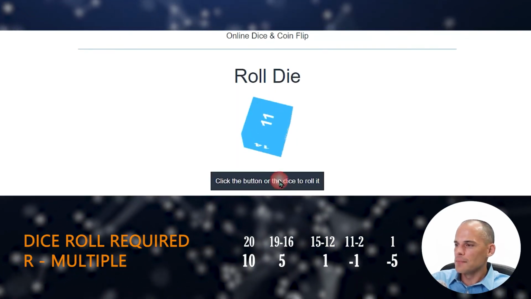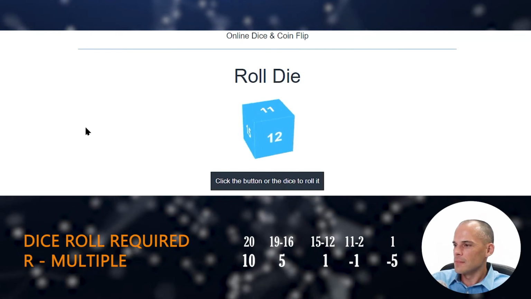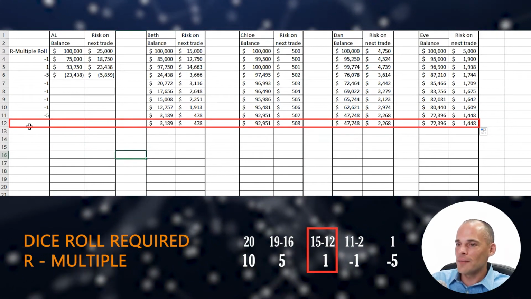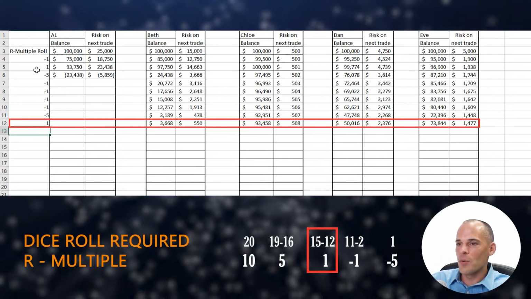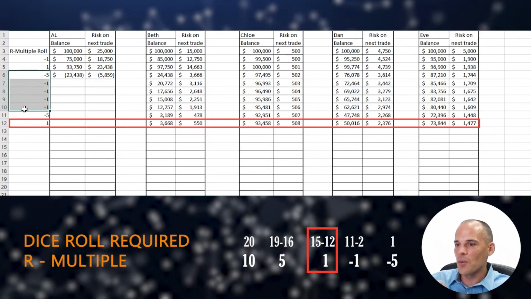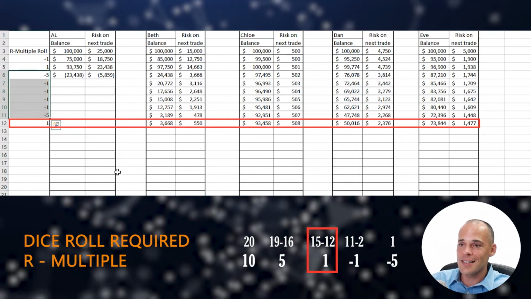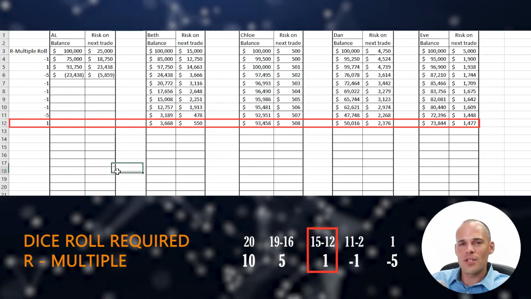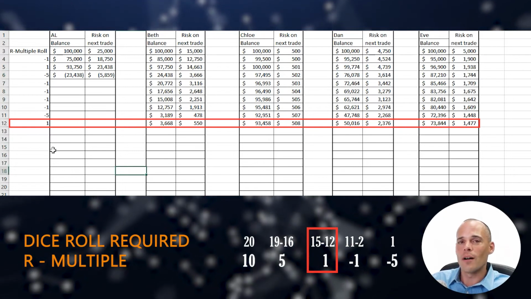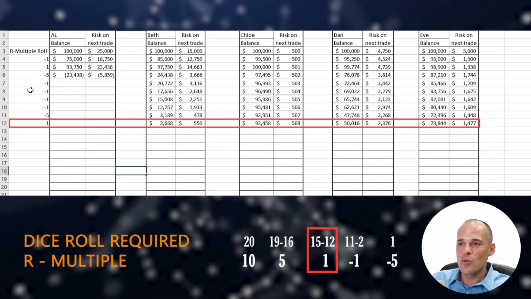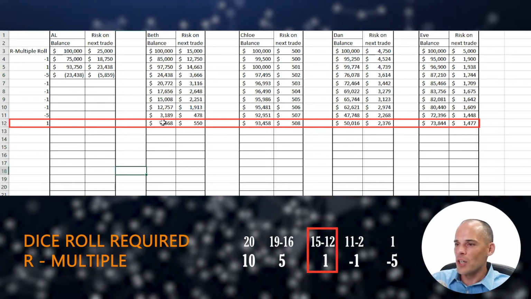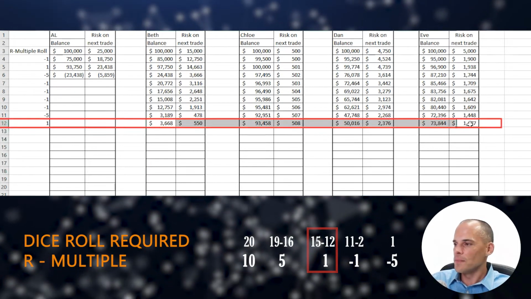Next up, 12. So 12 is finally a winner. It's only a +1, but notice how many losers we had in a row. That was not actually a lot statistically. That's only 6 losers in a row, and there's only a 45% chance of winning. That happens probably more often than people realize. What is unusual is to have 2 -5R losers. That's pretty unusual. Okay, so let's do the next roll.